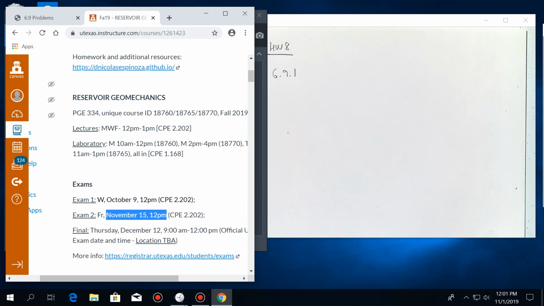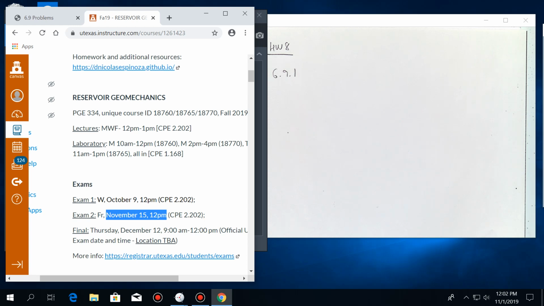Okay, here you go. November the 15th. So about 2 weeks from now, we have that exam, and it's going to cover faults and wellbore. So remember, if you have any issue with this and you justify why you cannot be here, just let me